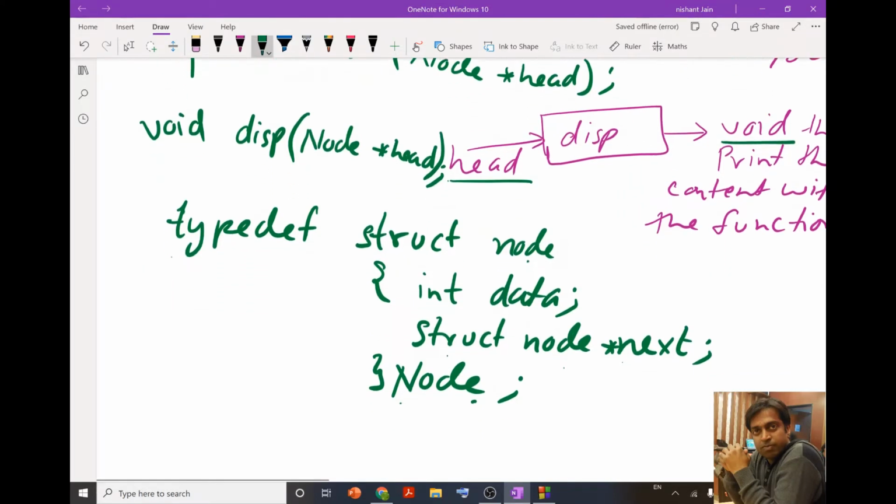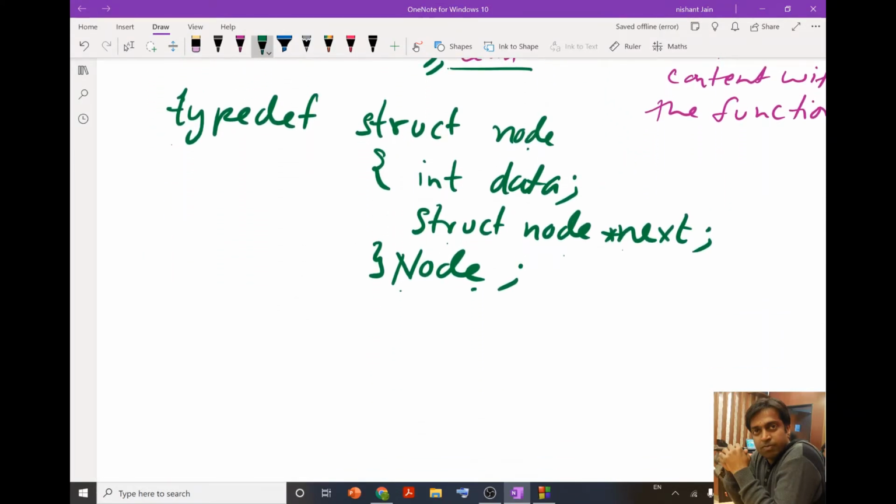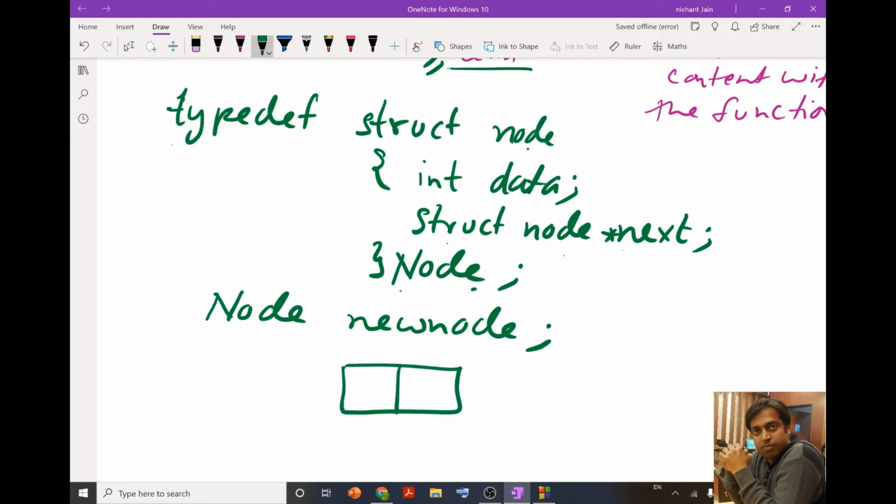If I want to create any structure variable, I can simply create it as node new node. If I write anything like this, it is going to reserve the memory for this structure node.